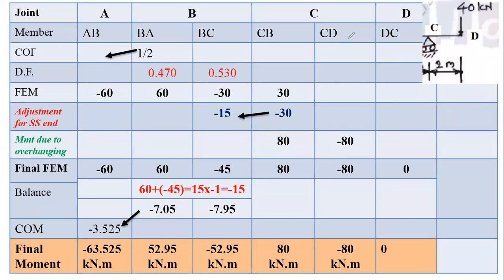Okay, so any doubt in this? It is a straightforward problem. Only two adjustments we have to perform in the moment distribution table, whereas the fixed end moment calculation and the distribution factor calculation have no change. For any type of numerical, पहिल्या दोन स्टेप तुमच्या सेमच आहेत, फिक्स्ड एंड मोमेंट आणि डिस्ट्रिब्युशन फॅक्टर. 2+2, 4 marks will be fixed for any kind of numerical. म्हणजे कोणताही टाईप असेल त्यात पहिलं तुम्हाला फिक्स्ड एंड मोमेंट शोधायचे आहेत. Second, you have to work out the distribution factors. These are constant in this moment distribution method.